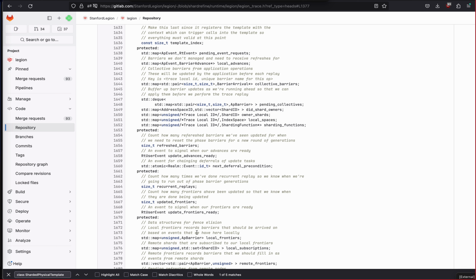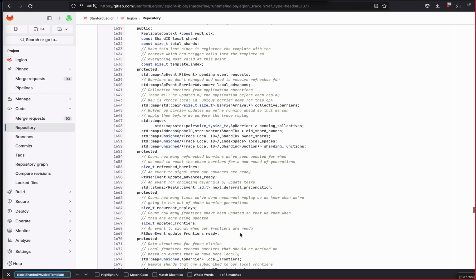One shard will arrive on the barrier, and another shard will use that barrier as a precondition for something else, right? And effectively, that way, when you replay a template in a control replicated context, the shards can replay their sharded template without ever needing to talk to any of the other shards as part of that replay. So they can effectively replay asynchronously with respect to each other and construct a realm event graph that can be replayed without any communication. And so that's a really nice property of control replicated